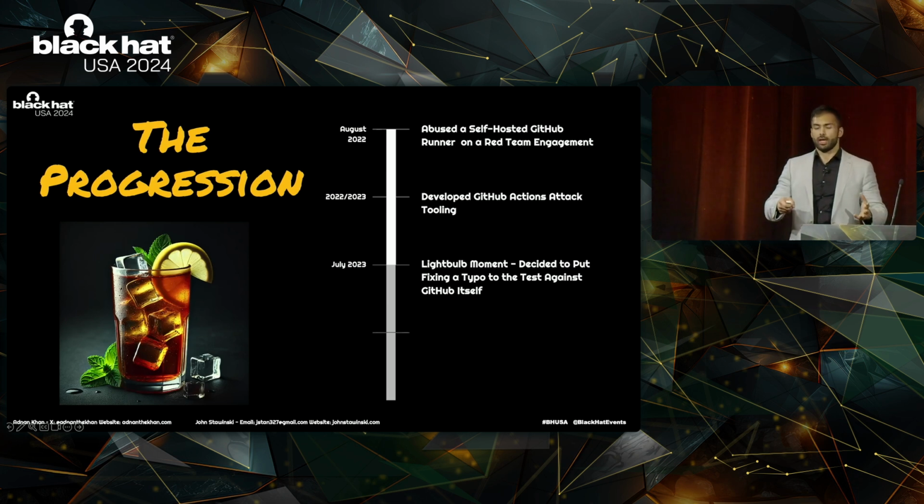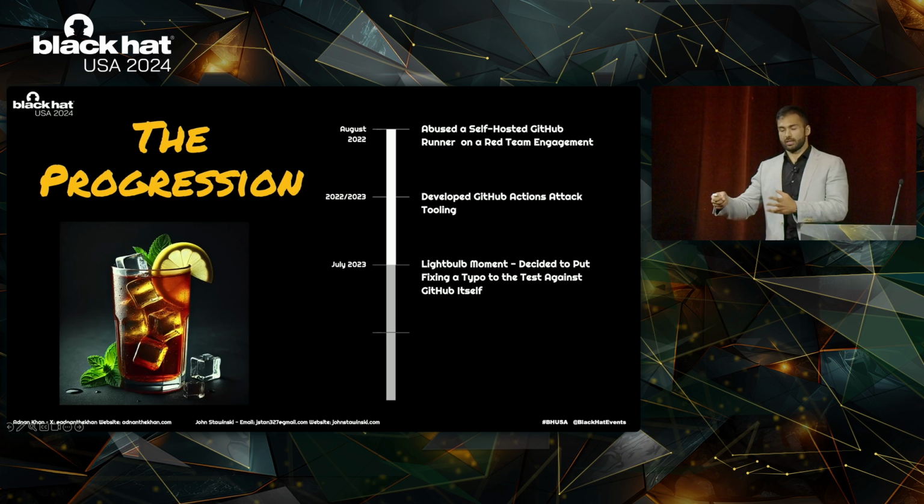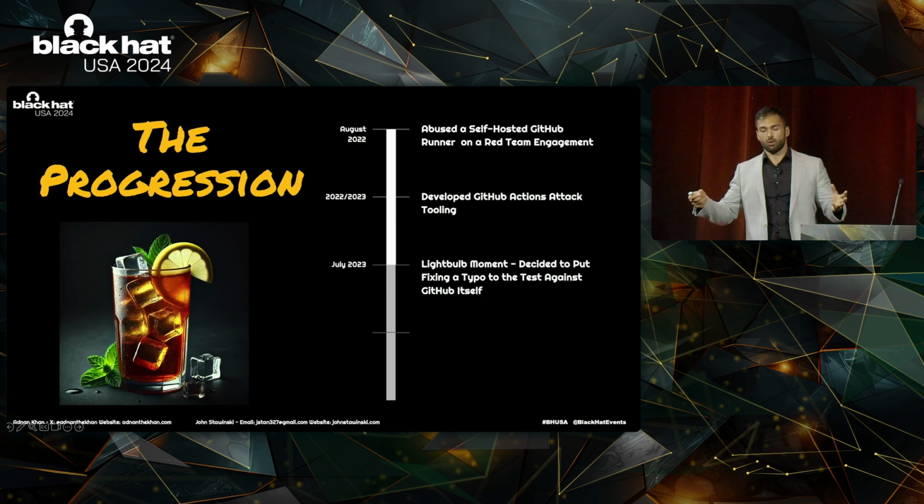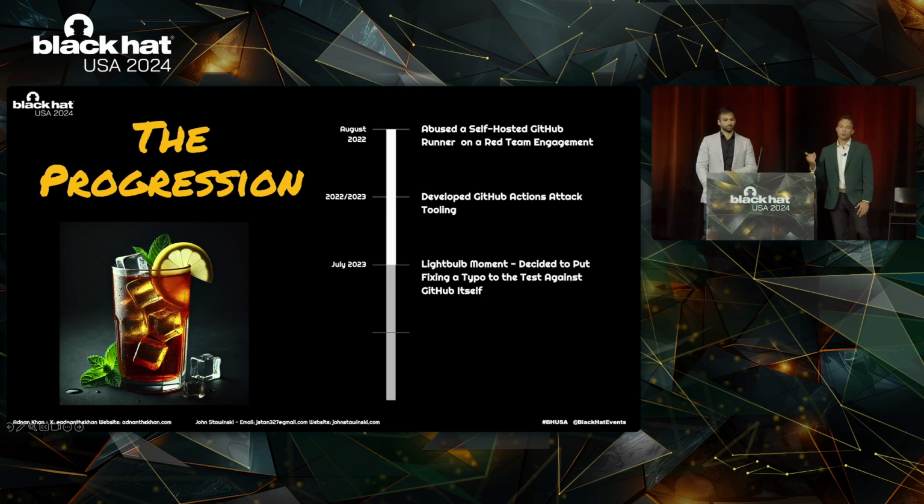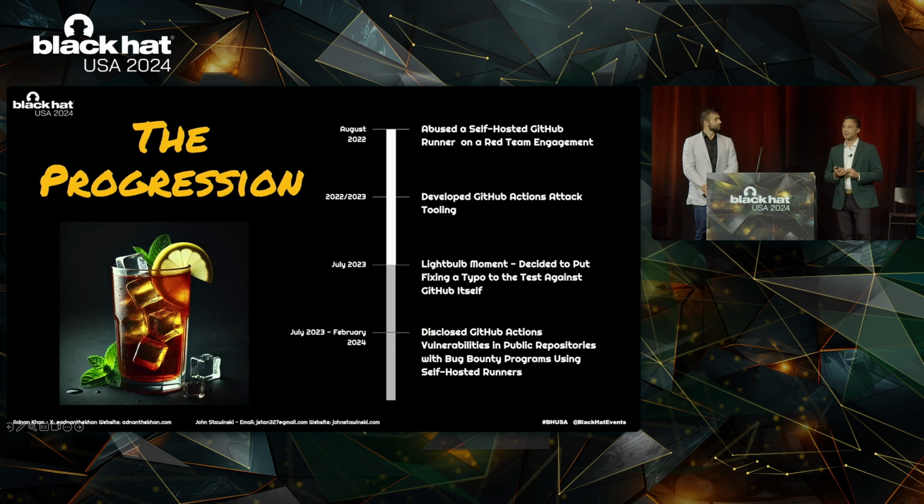This led to a vulnerability disclosure to the GitHub Actions runner images repository that was accepted as a critical report and could have allowed an attacker to conduct a supply chain attack on almost every GitHub customer that uses hosted runner images. We decided to start searching the internet for more of these misconfigurations. And we ended up realizing that they were kind of everywhere. So we teamed up and went on a vulnerability research campaign on the side.